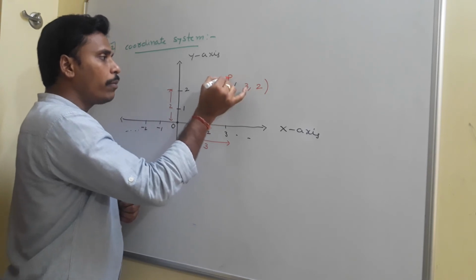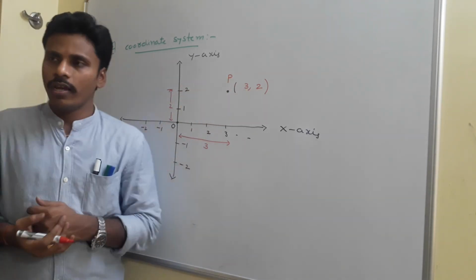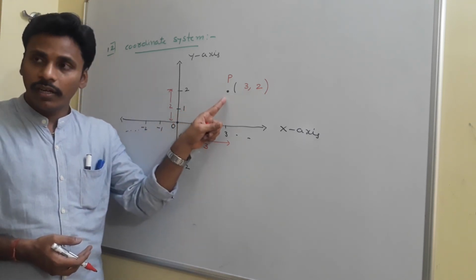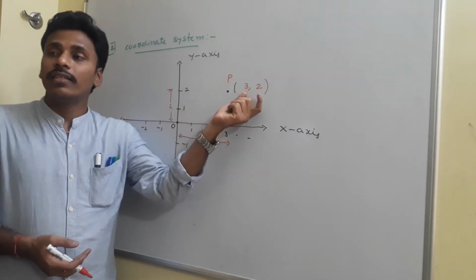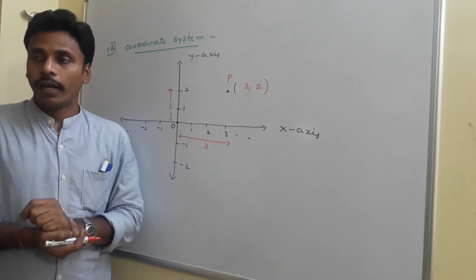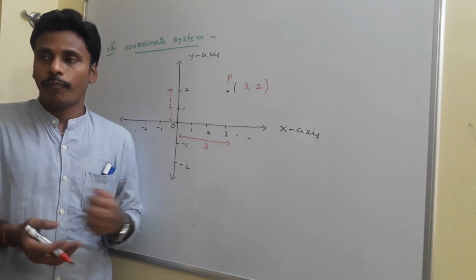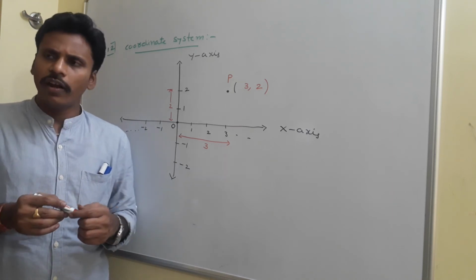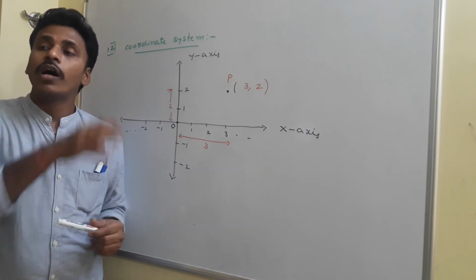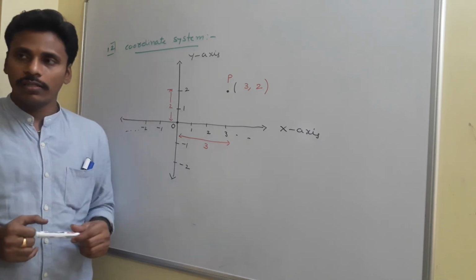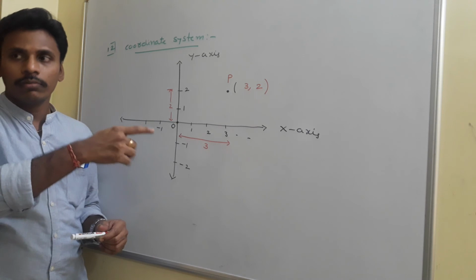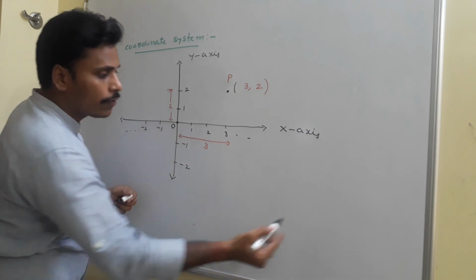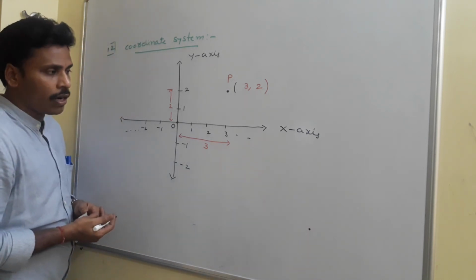And the name of the point may be a capital English alphabet like P or A or anything, and this dot is just the representation of the point, right? This dot is the representation, this P is the name of the point, this 3, 2 is the address of the point, right? So in a plane there are infinite number of points, and according to Rene Descartes, it is easy for all of us to address each and every point of the plane with the help of the coordinate system. Consider any point in this plane. If you consider a point here, then you need to address that point. How can you address it?